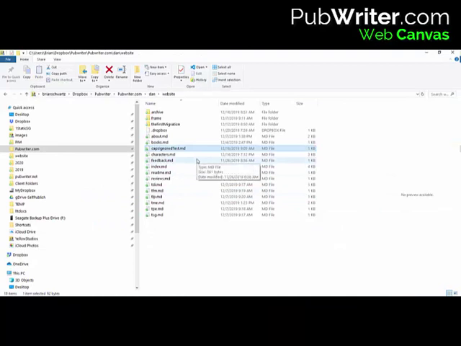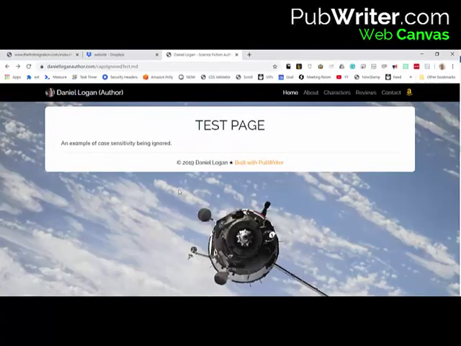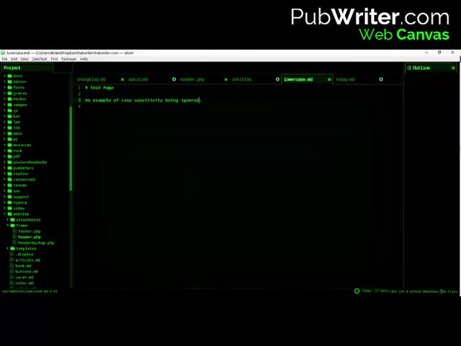In general, you're always going to see me make sure that I am using all lowercase whenever I do a file name. The only time I might be using uppercase is when I'm doing a folder. But let's go ahead and see what happens if we put a space in a particular